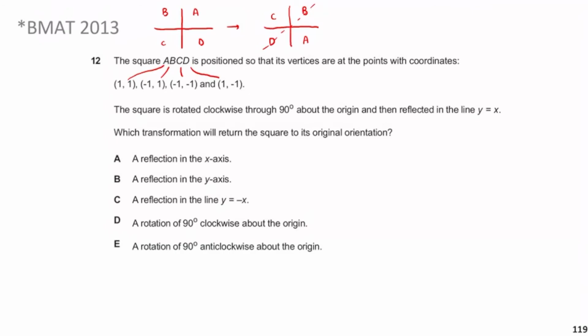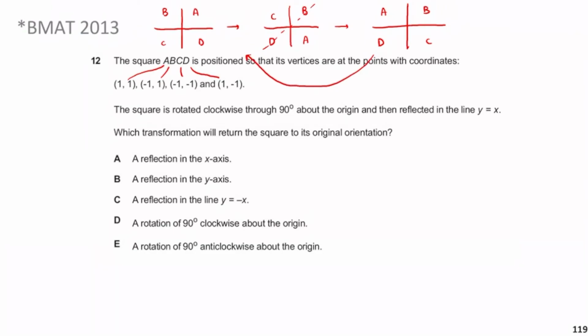But basically, guys, hopefully you can appreciate that D and B are on the line y equals x, and therefore they won't change position. The only things that would change position, and essentially what would happen, is that A and C would swap. So when A and C swap, you're going to get A here, C here, B here, and then D here, right? So it's saying now, how can I go from here